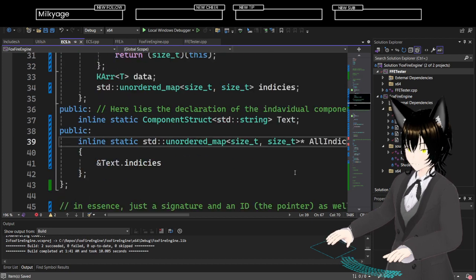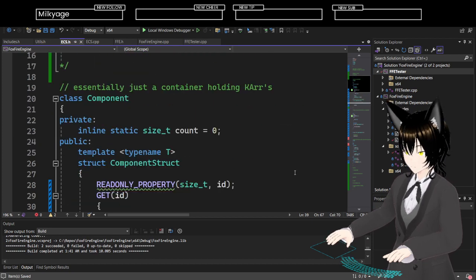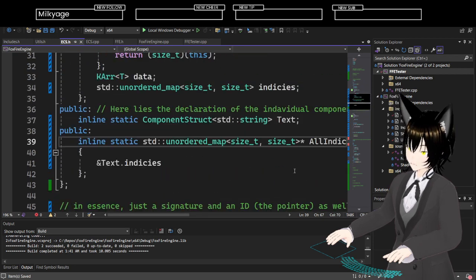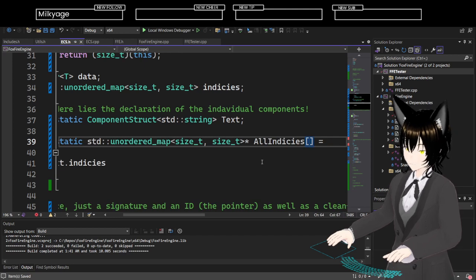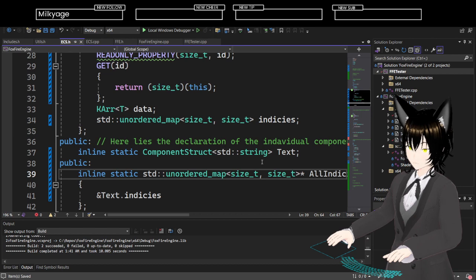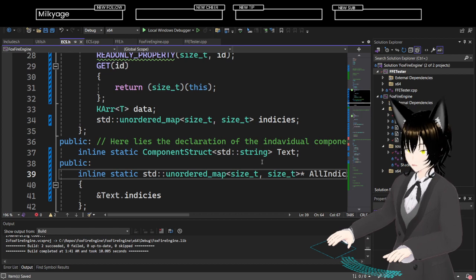That sucks. I'm sure there's ways around that. This is what I was going to try and do. It's the same problem that I had with the bit set, in essence.